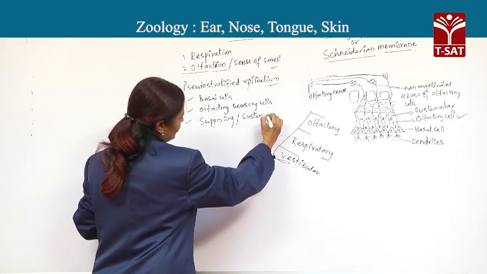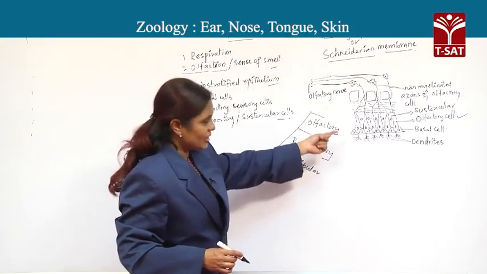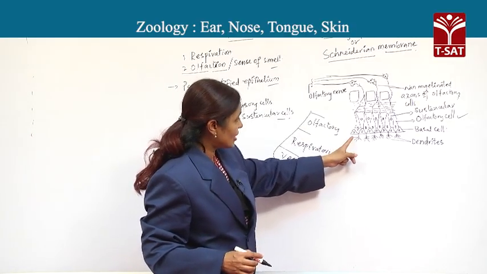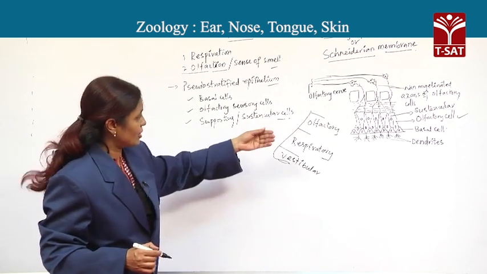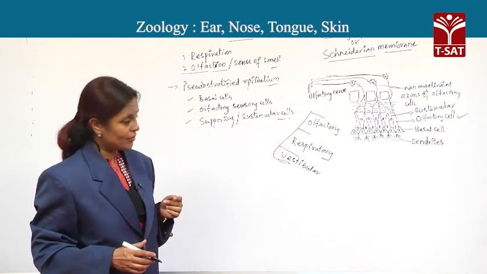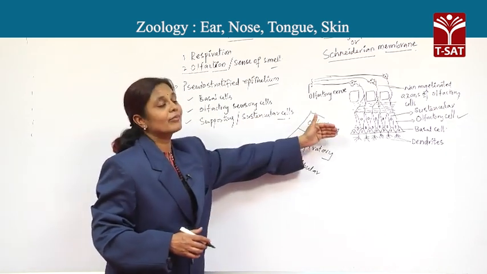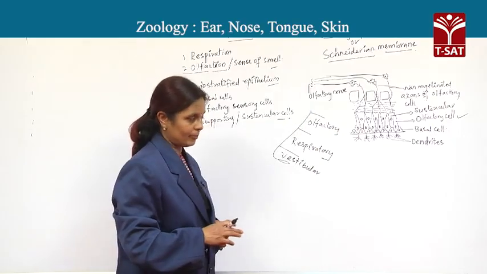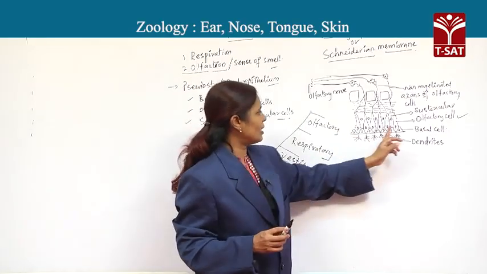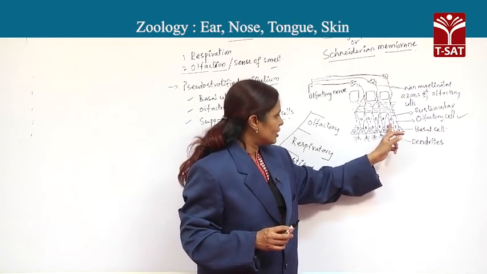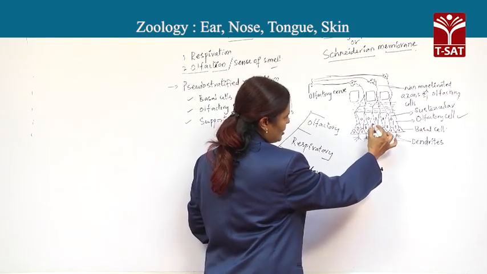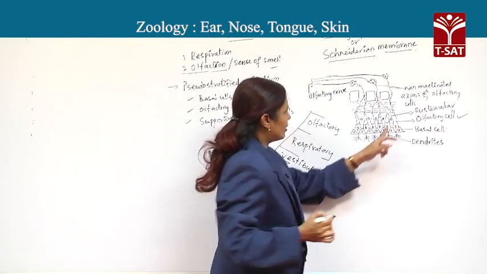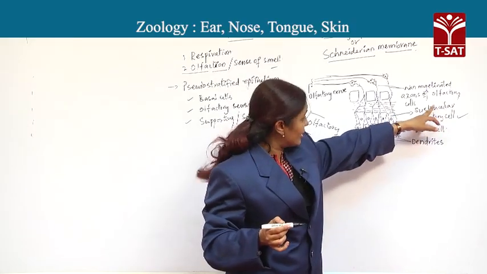otherwise called sustentacular cells. Now you can look at this epithelium made of a single layer of cells, but looking as if it is made of 3 to 4 layers of cells. That is why you are calling it pseudo-stratified epithelium. Now let us discuss only olfactory cells here. The cell bodies of olfactory cells, let us say these are the olfactory cells present in between the sustentacular cells